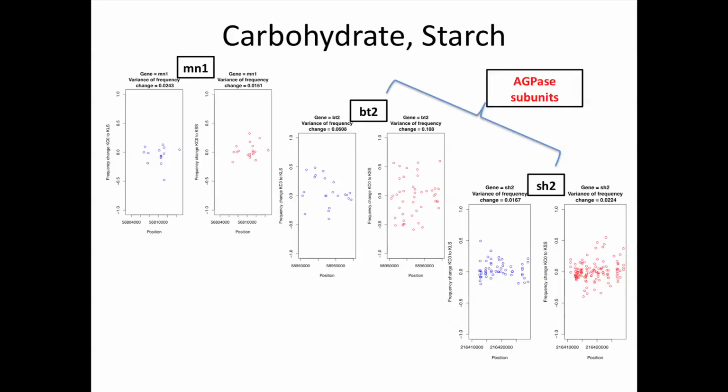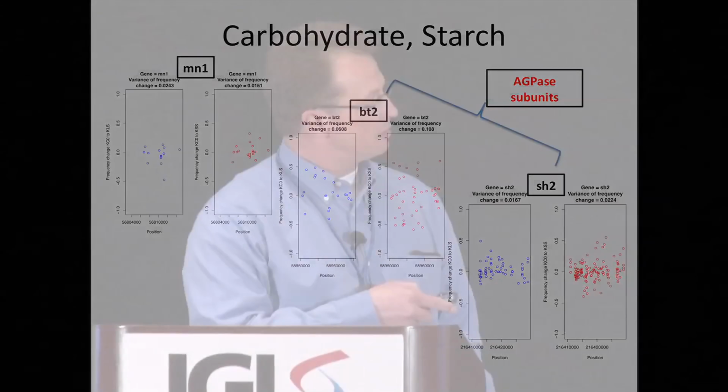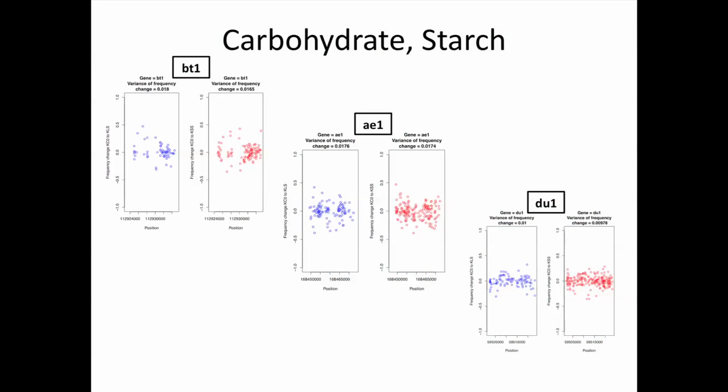In these pictures now I'm showing the deviation of cycle 30 relative to cycle 0. There's spots going in both directions because this is based on the minor allele frequency. And as you can see, for many of these starch gene candidates, there's relatively little variation in these populations, maybe a little bit something for brittle 2 in the large-seeded population. But generally, these haven't been targets of selection in these populations. A few other starch genes, and again, consistent with them not being under selection.